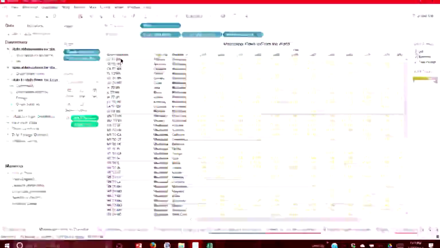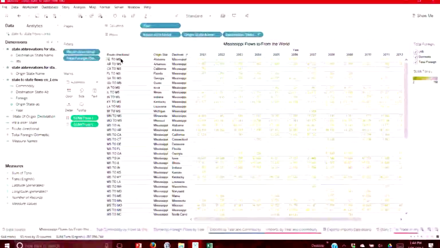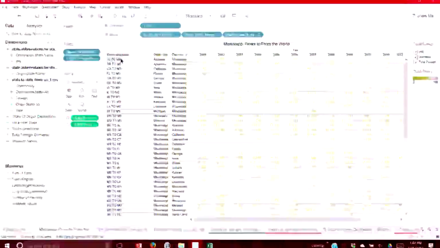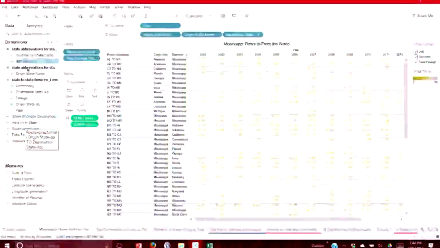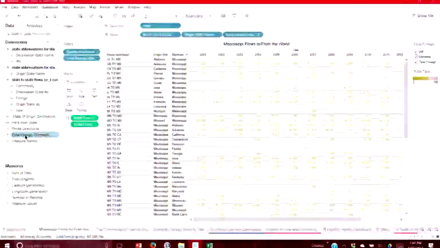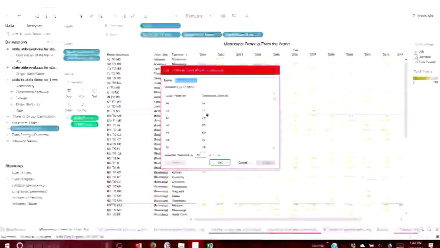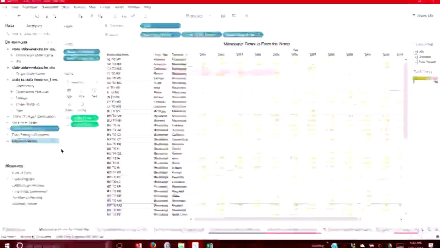That's why, on these certain data sets, especially on the FAF, you have to be very careful of how you handle the intra movements, or you can double count them very quickly by just not paying attention. So if you look at this list, the route directional is basically that calculated field that we did earlier. I go to the dimensions box in the far left-hand corner, click on route directional, and look at edit the combined field. It shows me the origin state and the destination state, so I can understand all those linkages.